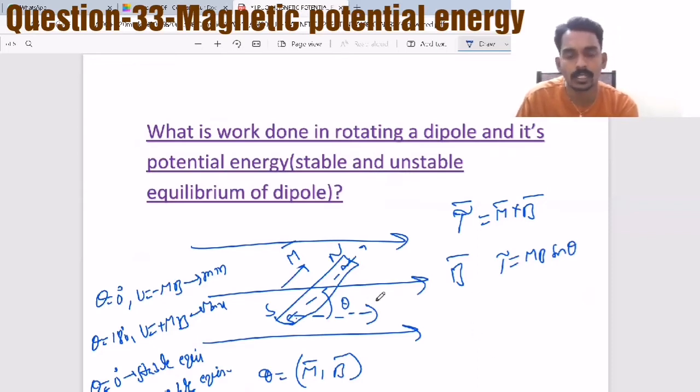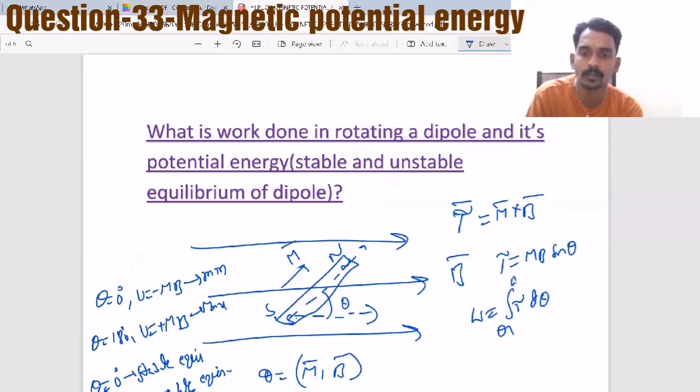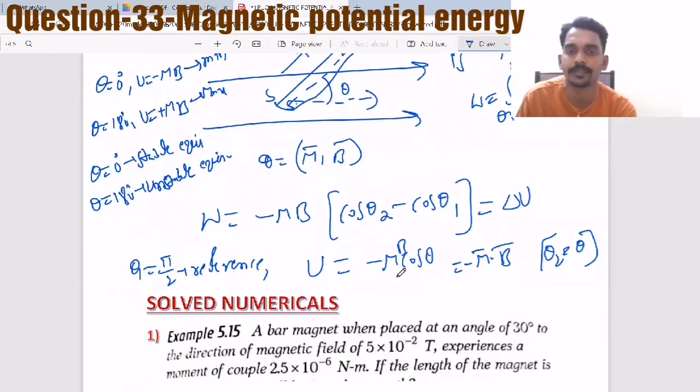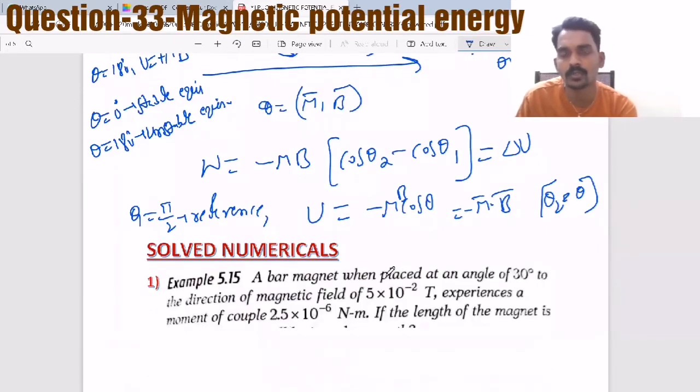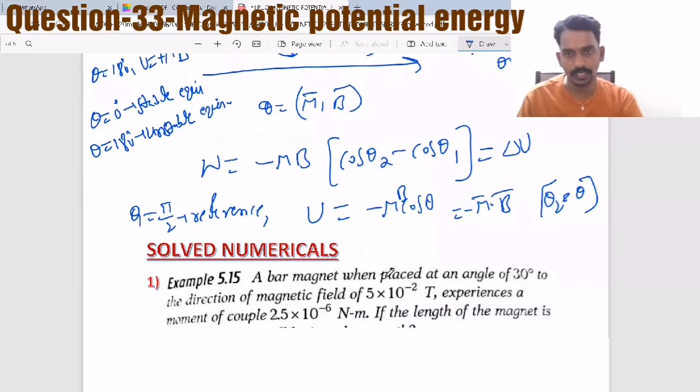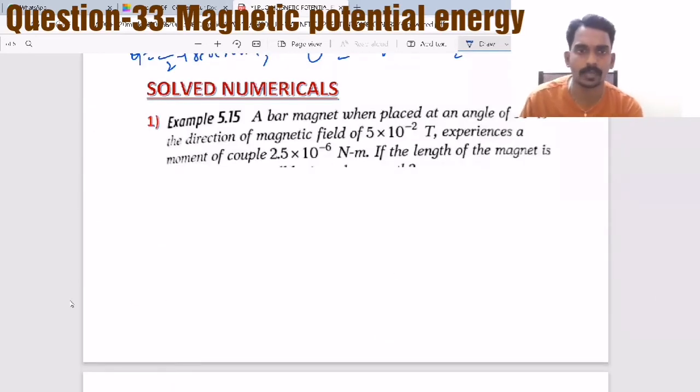When this magnetic torque does work, the work done we calculate by using the integration of tau d theta from theta 1 to theta 2. That is the equation we have written here. Sometimes they will also ask questions based on the torque acting on the bar magnet, which is nothing but a magnetic dipole. We already took this equation in the previous lecture also. Let's see a few questions based on the same concept.